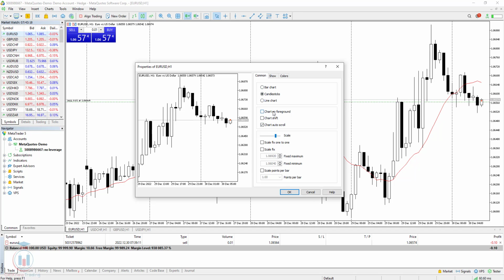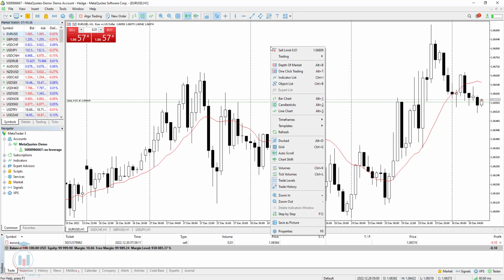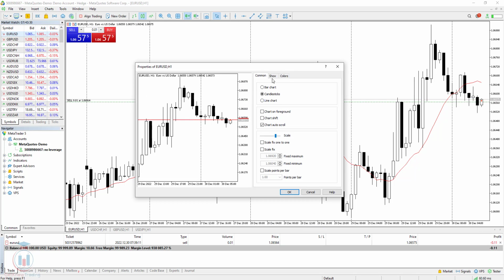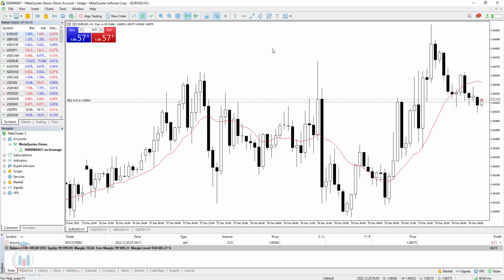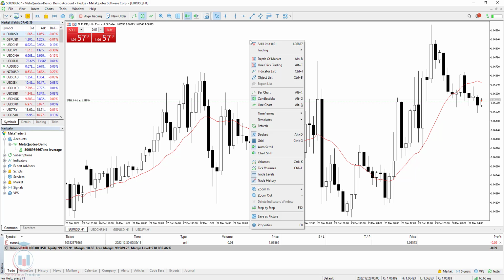You can activate some of the options regarding the chart shift, and also some other options, which you can make the test on your own. I will remove the separators so they do not bother me. Okay, now it's clearer. Then on the chart, when you click the right mouse button, you have other options, for example,